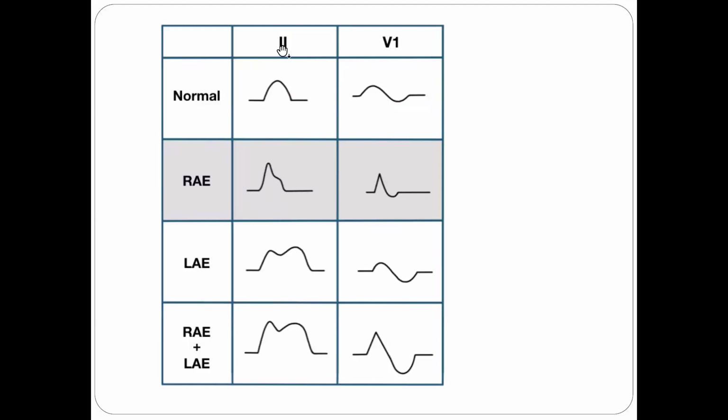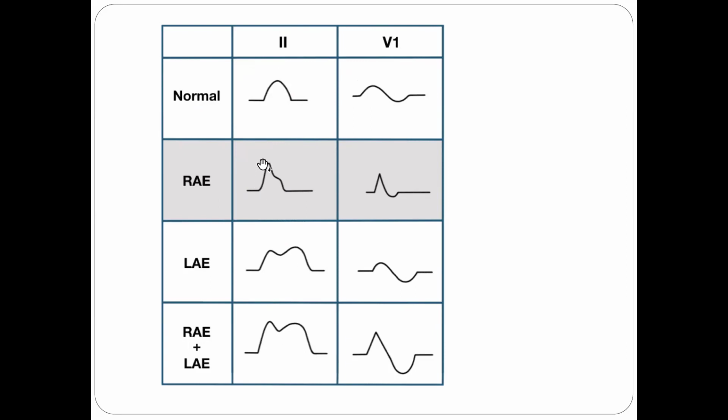So as you can see here, this is lead 2, which is an ideal lead to study the P waves, and also lead V1, because in lead V1 there is a biphasic pattern. So the P wave is biphasic. That is, the initial part is because of the right atrial depolarization, and the second half is because of the left atrial depolarization. So what happens is, because the right atrium is very much enlarged, it will take more